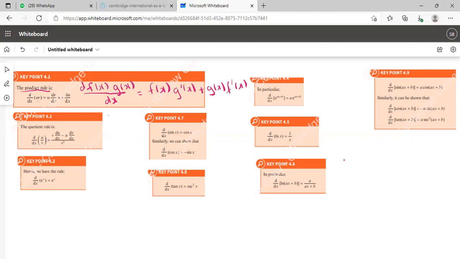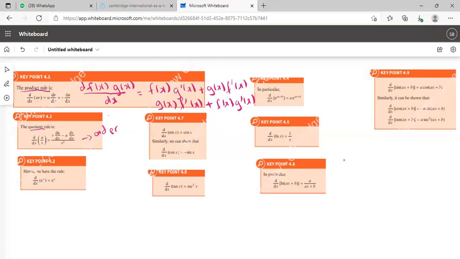Similarly, if we have a fraction and we are asked to differentiate it, we use the quotient rule. In the product rule we can use any function as f and any function as g, as in I could have written this as g of x f dash x plus f of x into g dash x. In case of multiplication the order doesn't matter, but when we're talking about the quotient rule we have to be very careful that the first function would be the denominator, we have to derivate the numerator, we have to subtract it, and the numerator would come as it is, then we have to derivate the denominator, divided by denominator squared. So here the order is important, right? Okay, then we